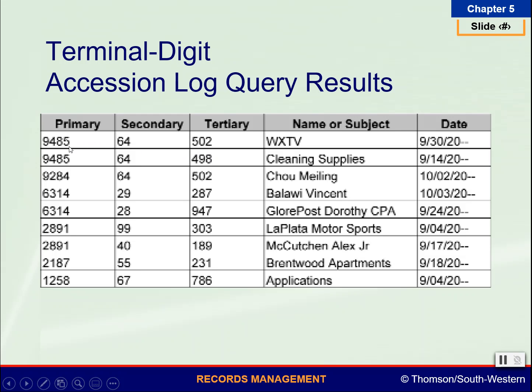You can see this one. This is the primary number, this is the secondary number, and this is the tertiary number. But actually, for example, 9485, 64 and 502, the actual number for the terminal digit is 502 space or hyphen 64 space or hyphen 9485 before we turn it into this table. You can see this one is not arranged from the lowest to the highest number. We can see that 9485 is the highest number and 1258 is the lowest number. But again, why did we not sort this one from the lowest to the highest number? Because